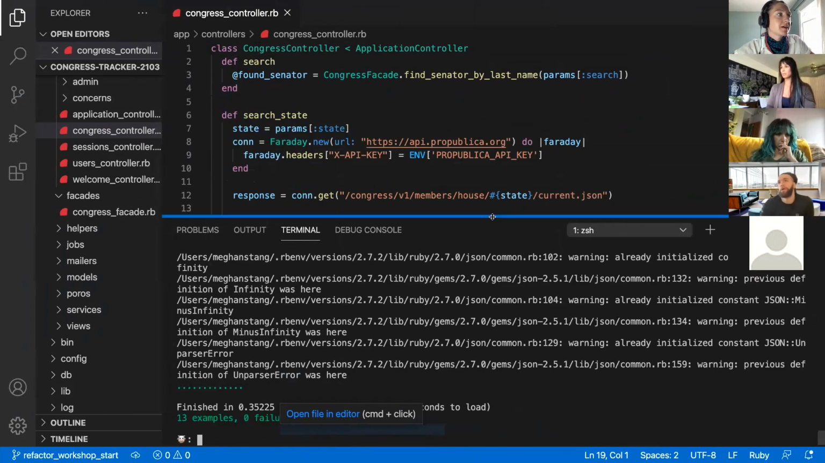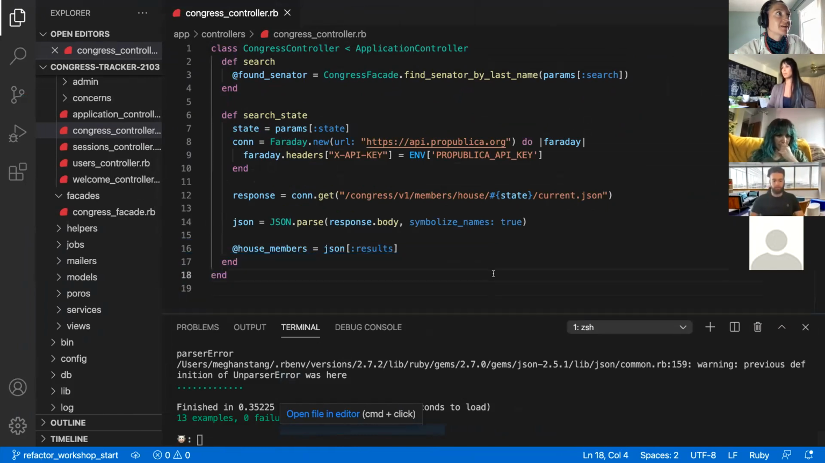Okay. All right, so taking a look at this action, oops, keep breakout rooms open, yes. Taking a look at this action,